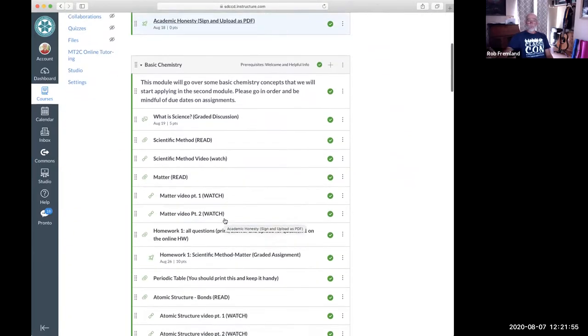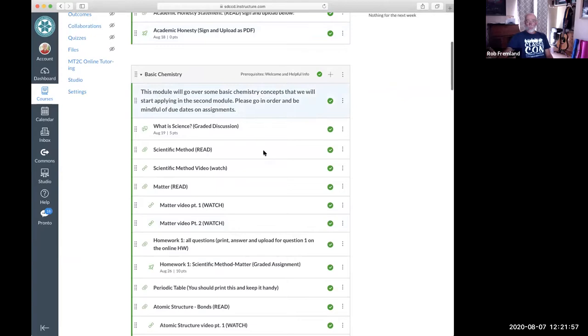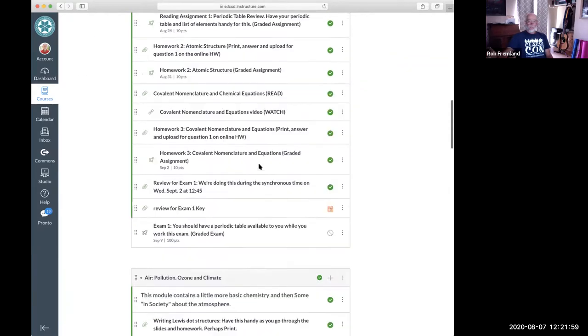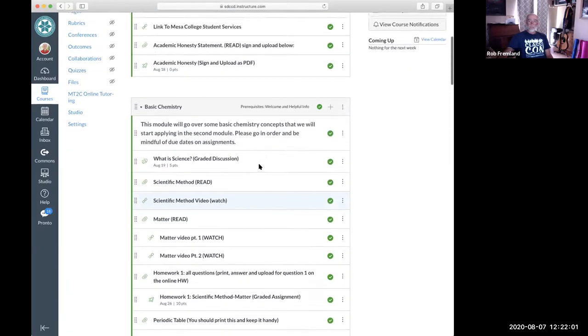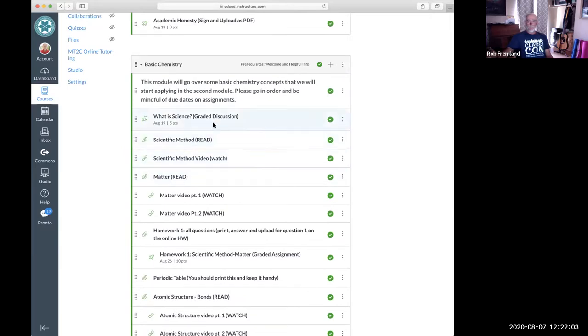All right, then let me explain the rest. The way the course is structured, every module is going to end with an exam. The material is somewhat related, but I just thought breaking it up by exam is a nice way to break it up. For example, this What is Science, this is an in-class activity. This is a graded discussion. I'm going to talk about the grading as I go through them, but this will be something we do in class on one of the Wednesdays. And you'll also have to write some stuff and turn it in.